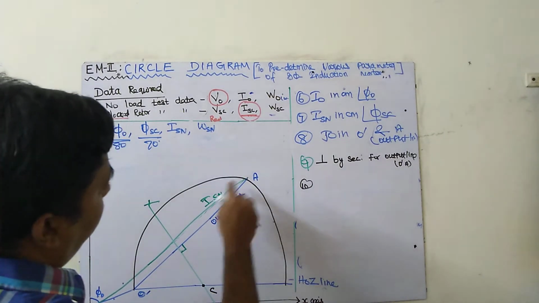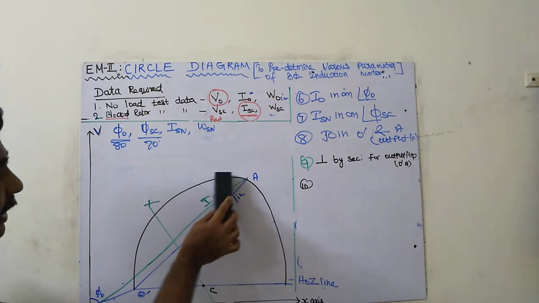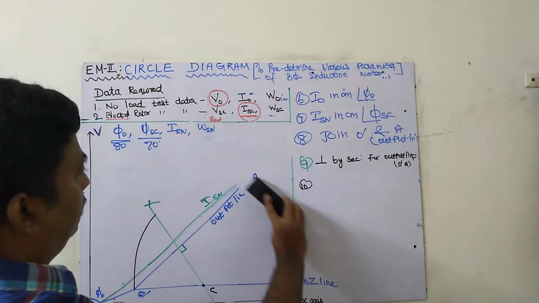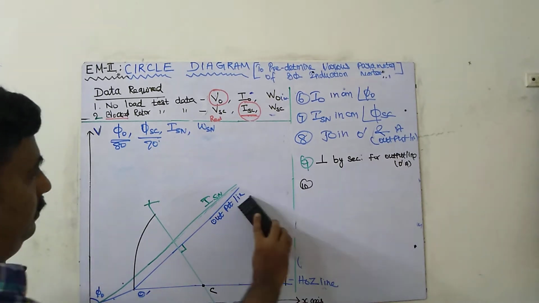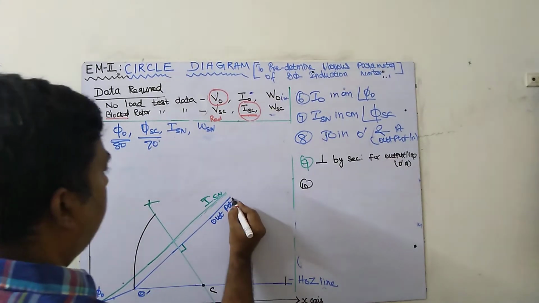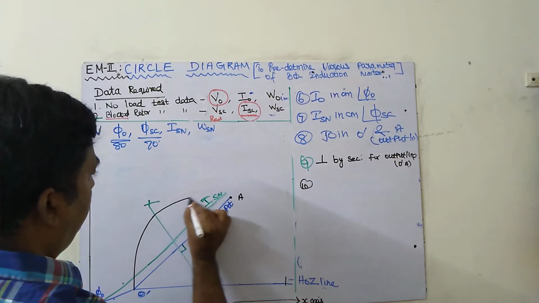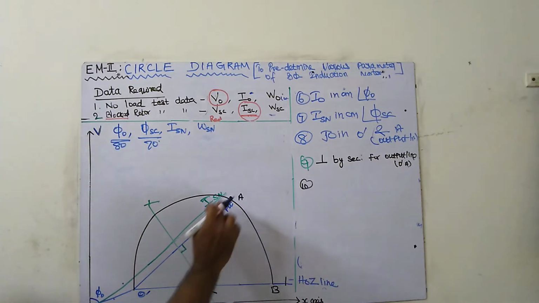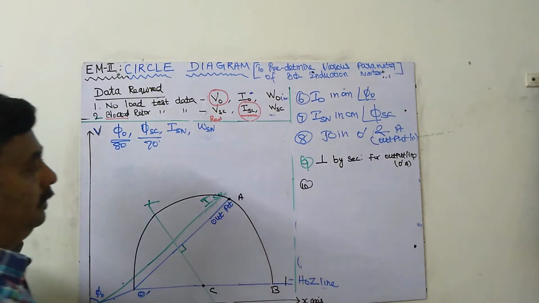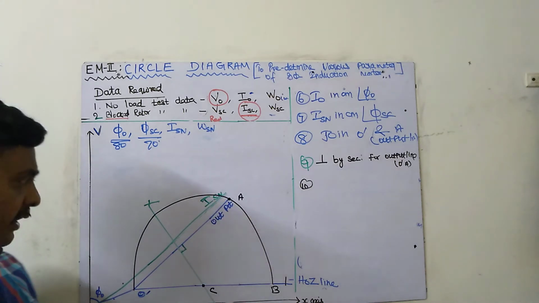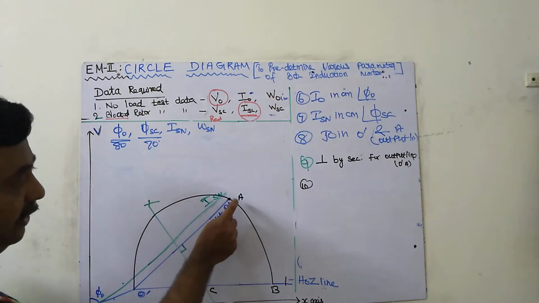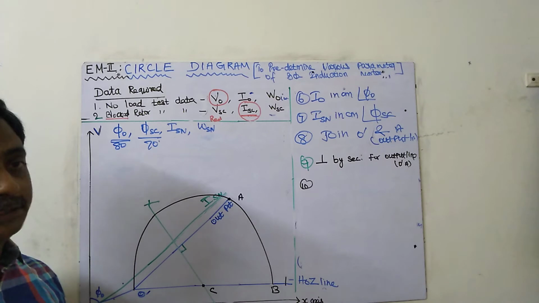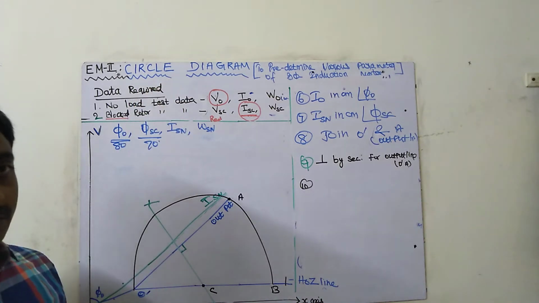Definitely it will touch. It won't be like my diagram; it will be very neat. My diagram is like so because I drew it wrongly. This is point A, and this point is called B. There is no importance to B. This point is A. Definitely, if you draw this semicircle, it will cut the point A. Then only our diagram is correct. Any problem is given by anyone, but our diagram is correct.